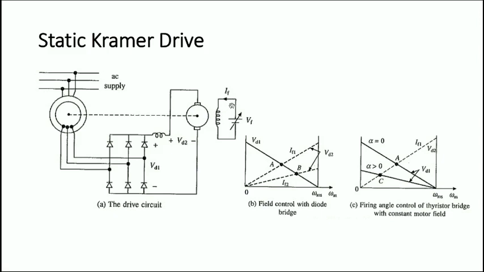When IF increases, the flux will increase, and when IF decreases, the flux will decrease. If your flux is changed, then for a separately excited motor, the speed is proportional to the flux. Or you can say we have two equations. Anyway, I think there is no need to go into the details of the DC motor drive, because you have already studied it.